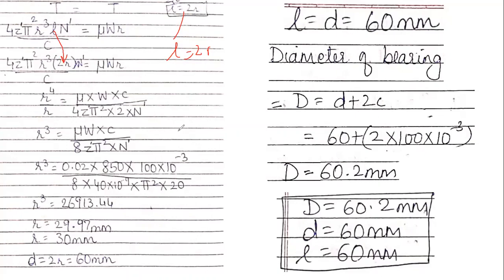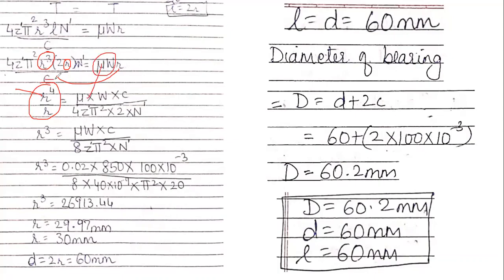So I'll get everything in terms of R, right? Next, I'm just going to do the simplification. So what simplification will I do? This R cube into R is going to become R4. And this R, I'm going to bring in the denominator, so it will be R4 by R. The rest of the things will be here.